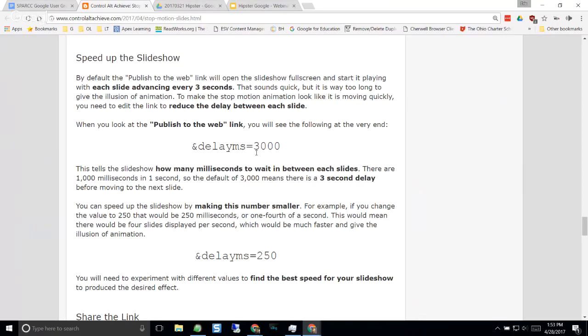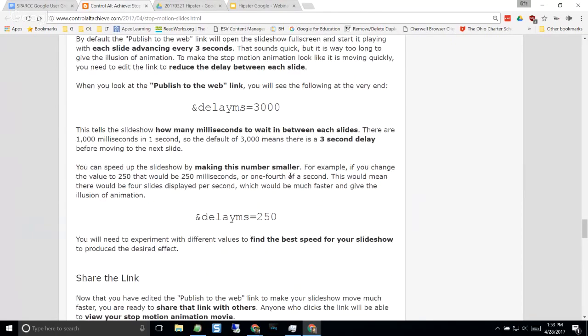Aha. Well, you can change that because that's just a link. That's just what's at the end of the link. You could say, I'm going to make it shorter. And suddenly, if I make it delay ms 250, then it's basically going to be 1/4 of a second